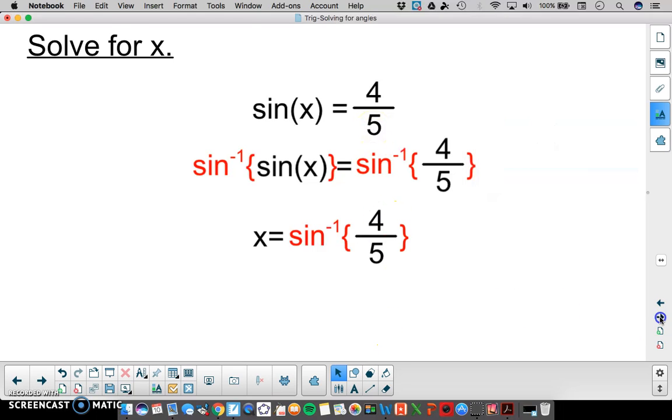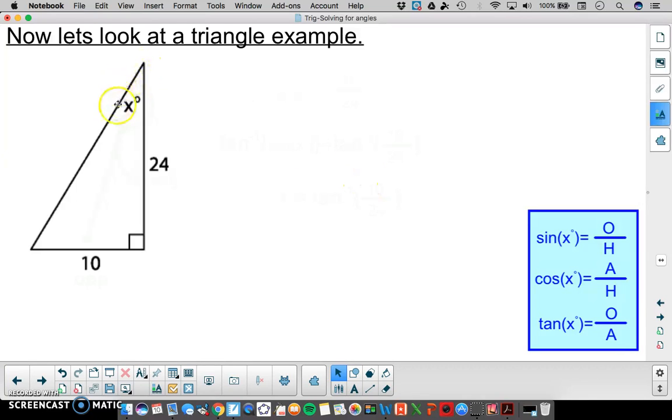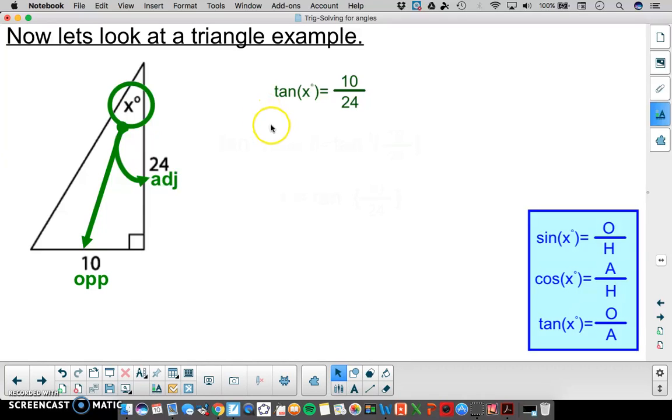Okay, let's try a triangle example. Here we want to know what this angle is. We notice we're given the 10 and the 24. The 10 is opposite from x degrees. The 24 is the adjacent side. So we can actually use opposite and adjacent in the tangent function to help us solve for x. We would set it up like we normally would: tan of x equals 10 over 24. Then we take the inverse tangent of both sides,